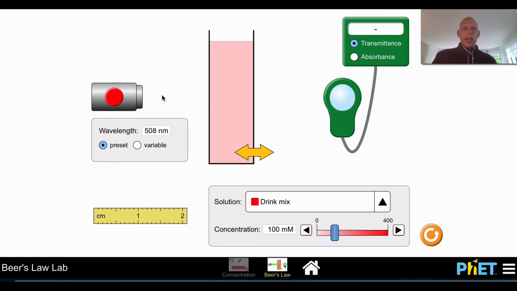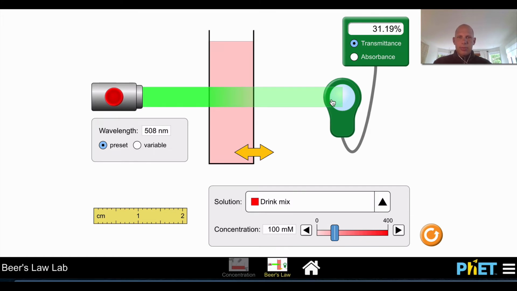So first off, we have here a light source. You can change this or you can mess with the light source. I would just keep it there. And when you click on this, it produces a light beam. Okay, so that's the first thing here. And then what we have here is a vial that contains a solution that the light beam is going to travel through. Okay, and then we have a detector on this end. Okay, for that. So when you hit this